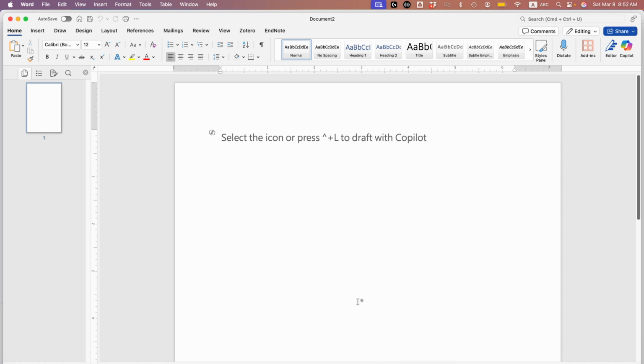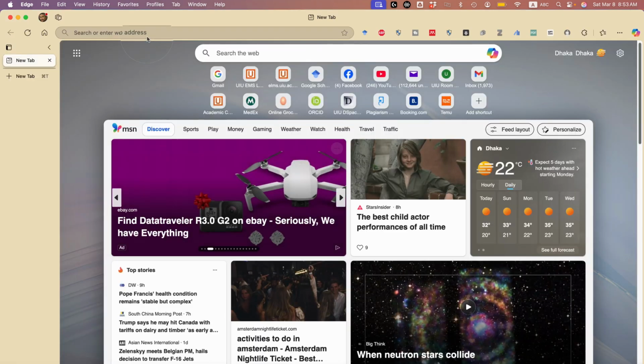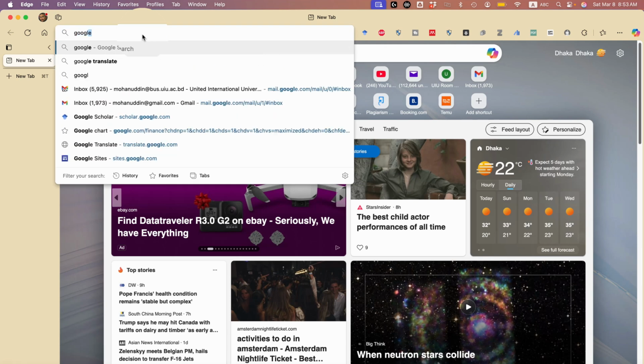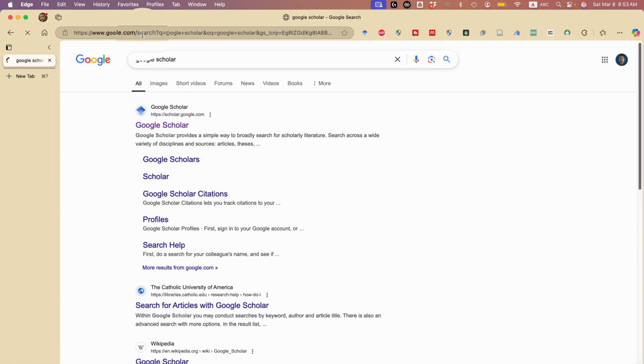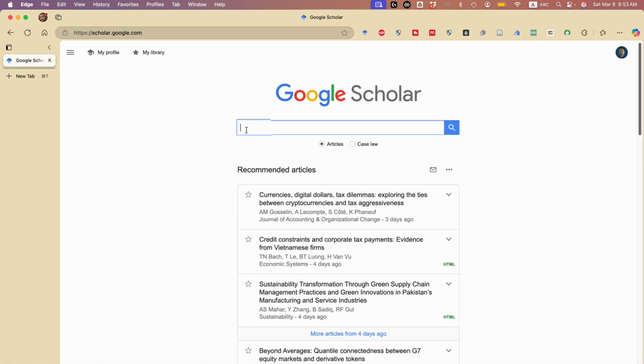So let's say I want to see if there is any benefit of using artificial intelligence, that means AI, for the business students. For looking into that, a good place is Google Scholar, if we particularly want to look at scholarly sources for making our conclusion or for supporting our discussion. Google Scholar is very simple, scholar.google.com. If you go there, now we need the keywords. One keyword is AI, then business